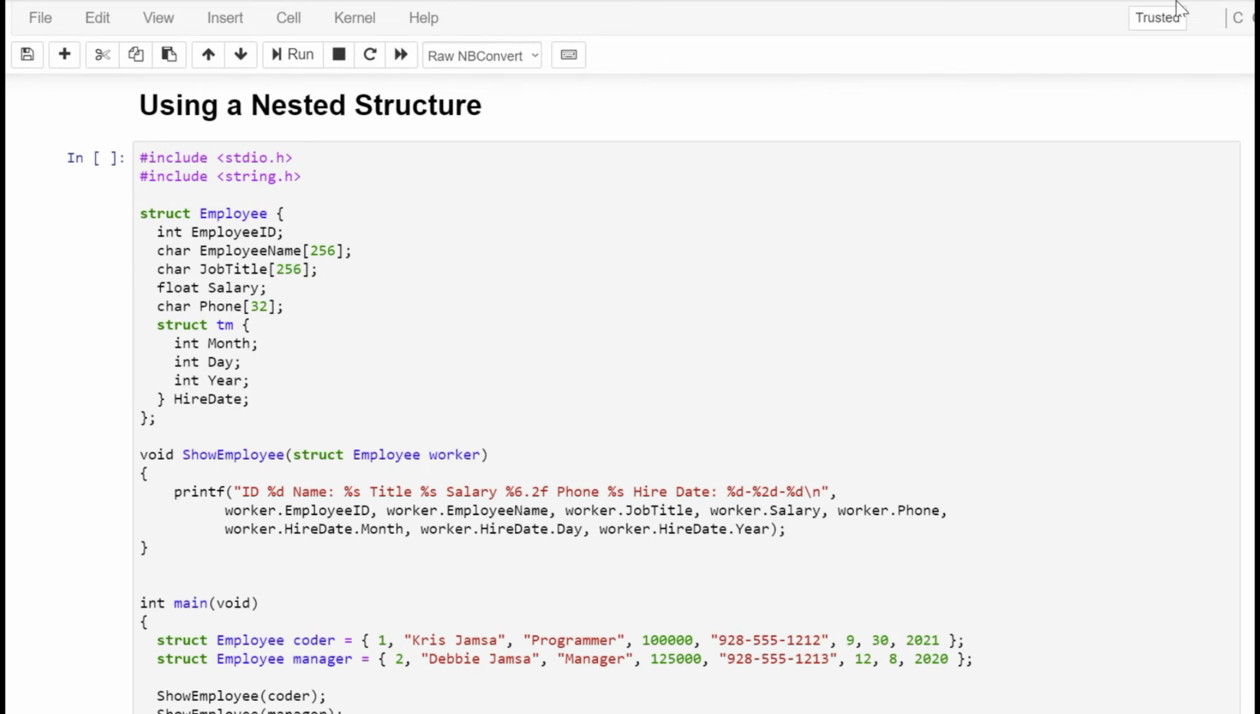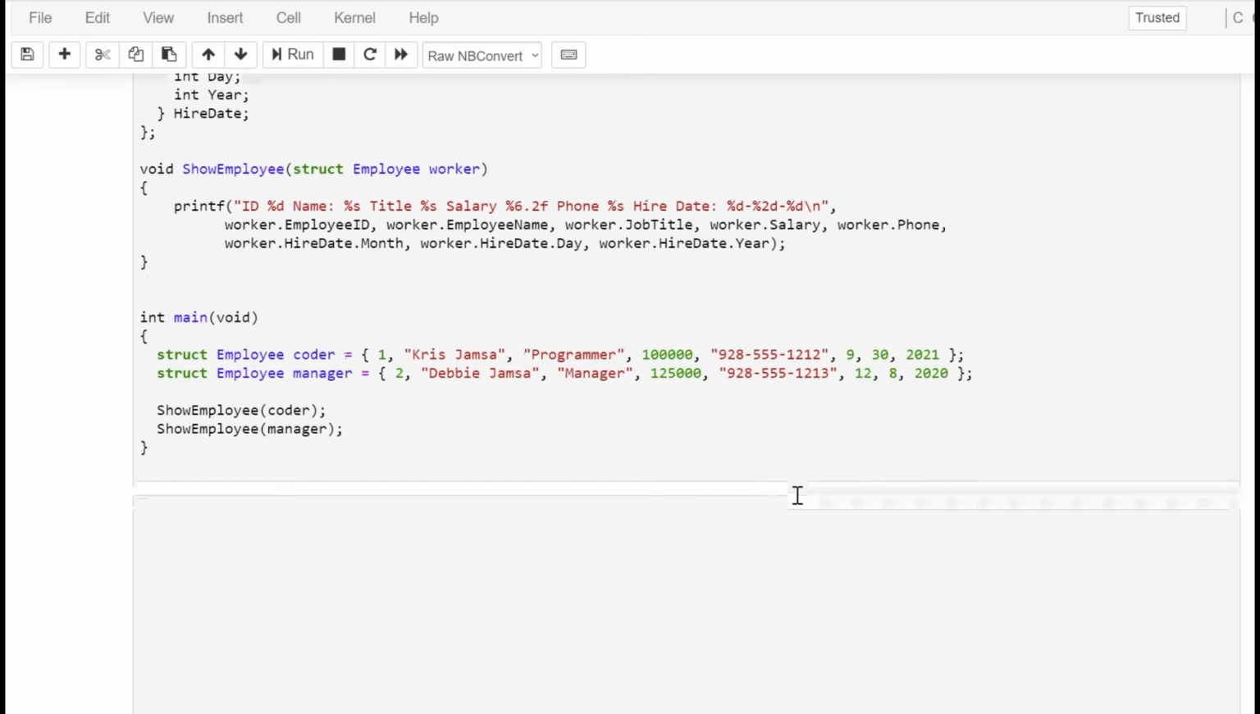And so rather than have those variables unique, we can leverage that structure. So we've nested one structure inside another. And so let's see how we're going to use that. We're still going to get to the members by using the dot operator. So let's take a look at our show employee